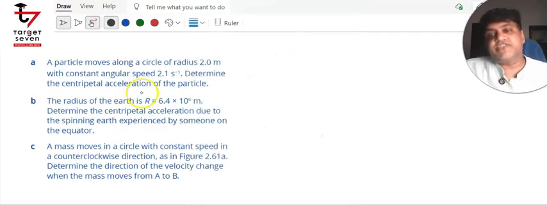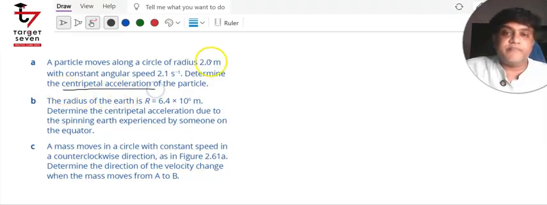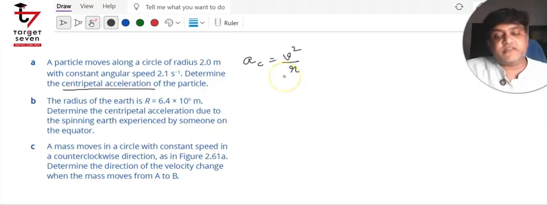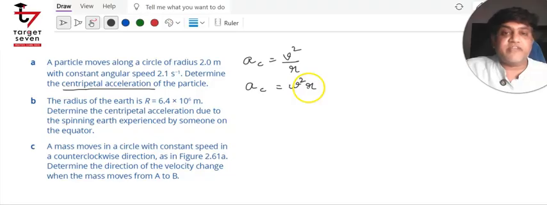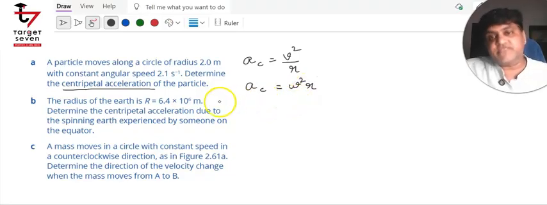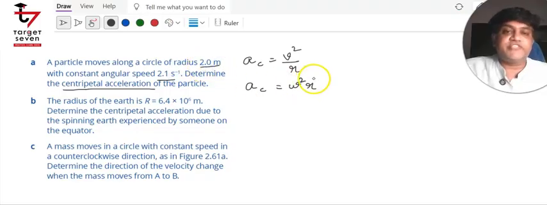In this specific question, we are now trying to solve a question related to the centripetal acceleration. The formula for centripetal acceleration is given by a_c equal to v squared upon r, where v is the linear speed or the linear velocity. There is yet another variation of the same formula, which is omega squared r, with omega being the angular speed and r is the radius of the circular path. Now, in this specific question, we have been given the value of the angular speed and the radius. Therefore, we shall be putting to use this specific formula in determining the